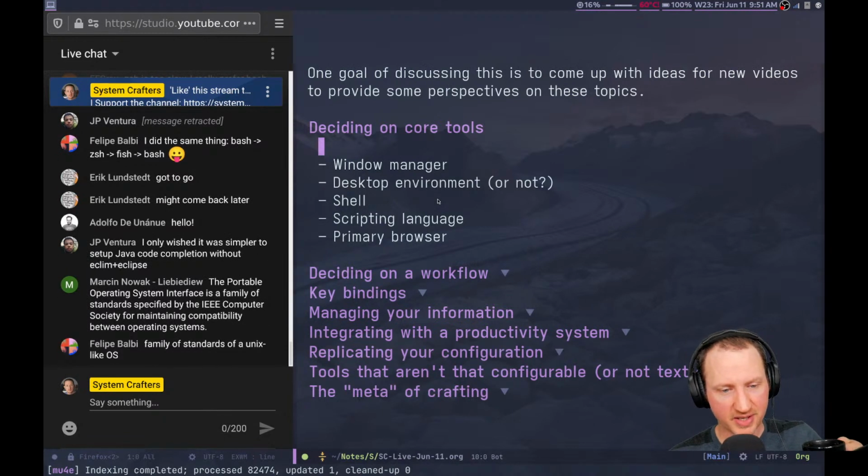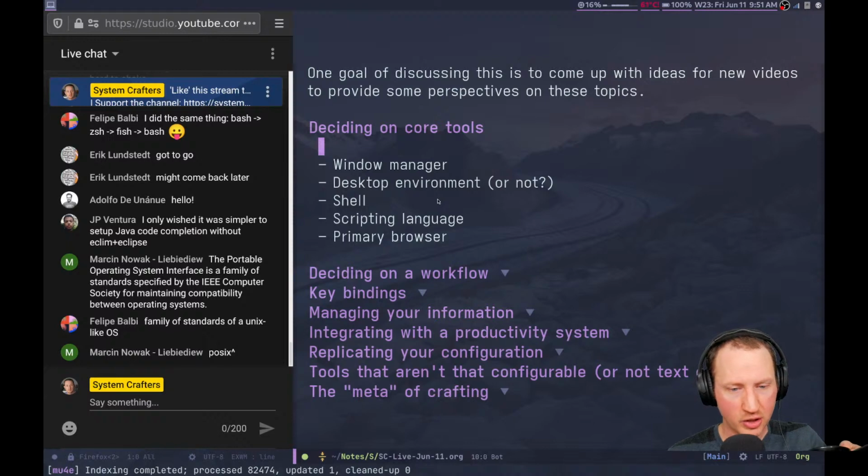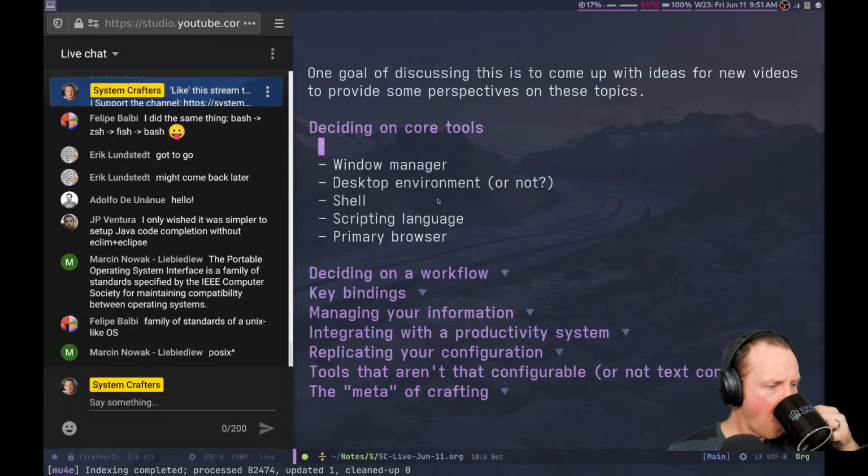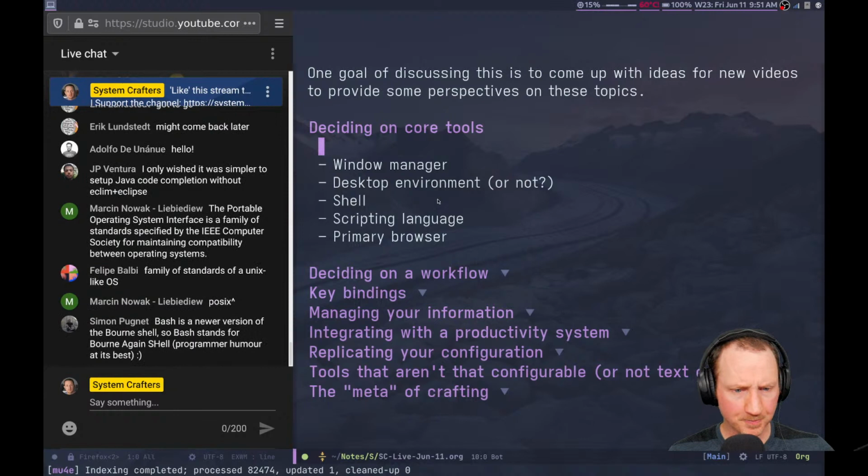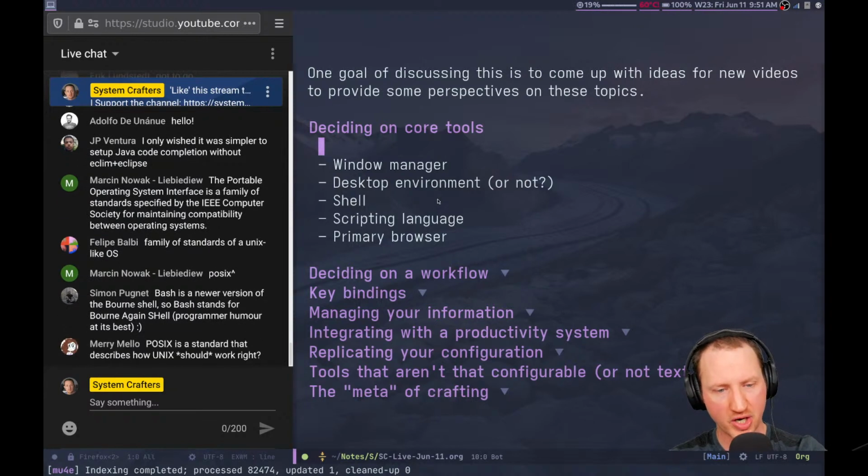Felipe says it's a family of standards for a Unix-like OS. Simon says Bash is a newer version of the Bourne shell, so it stands for Bourne Again shell. Yep. Mary says POSIX is a standard that describes how Unix should work. Yes, indeed. Hey, Adolfo. All right, so